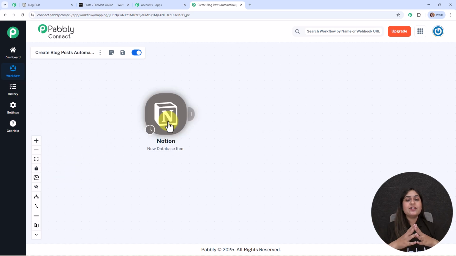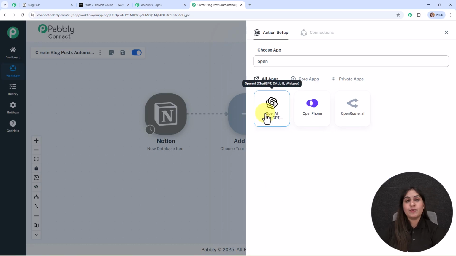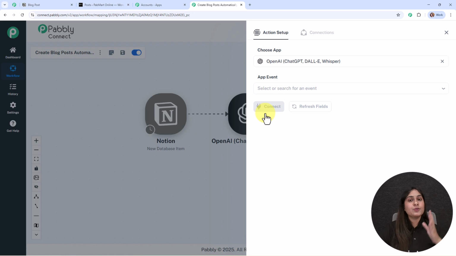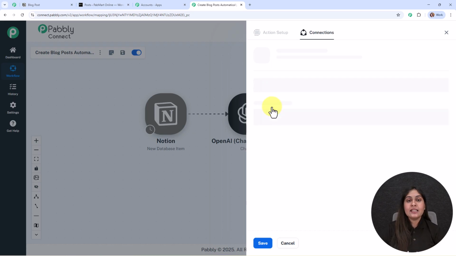So once we have received a new detail through our Notion, then automatically I want to give these details to OpenAI for generating a relevant blog post for my blog. So now for that, we are going to add an action step over here, and I'm going to select my action application as OpenAI. So here I'm using my AI tool as OpenAI, but you can use Google Gemini or Perplexity AI as well. Alright, so we're going to select the app event as ChatGPT, and then we're going to click on